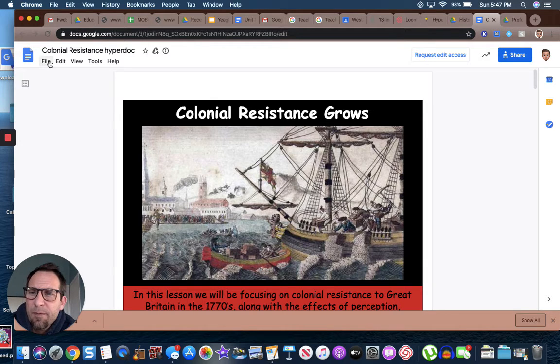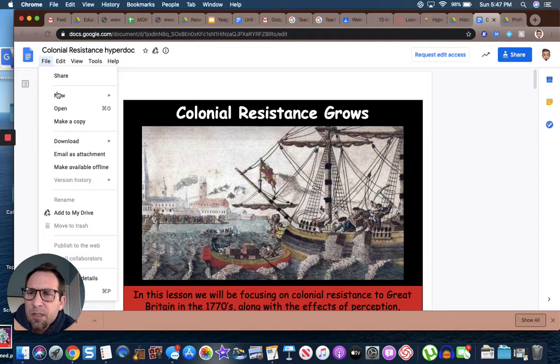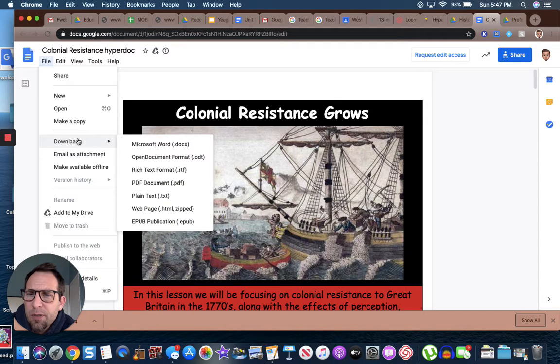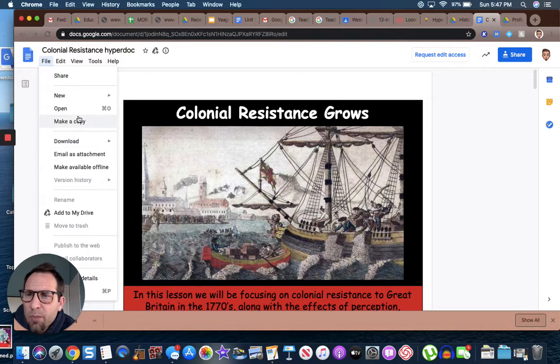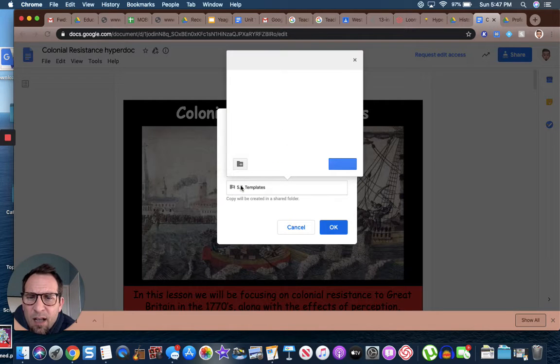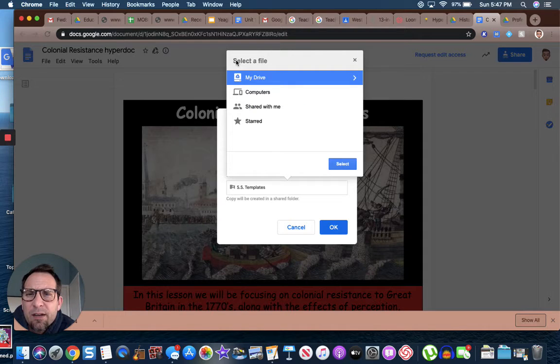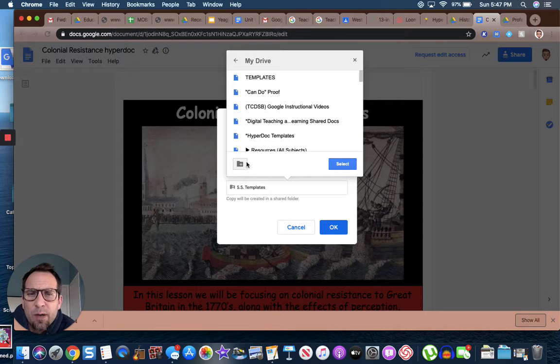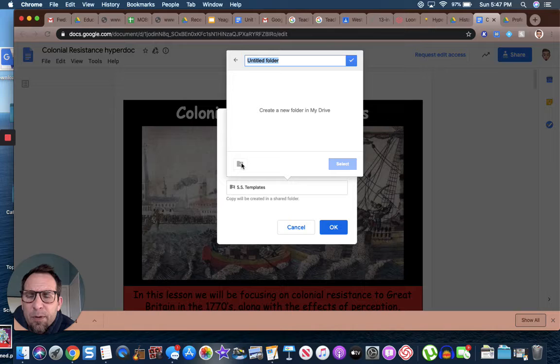You just go up to File. I don't want to wait for somebody to give me a permission, so I'm going to make a copy right here. So File, make a copy, and then I'm going to go back. I keep hitting back here till I'm to my drive. If I wanted to, I could make a folder here. I could call it HyperDocs. I could call it more HyperDoc